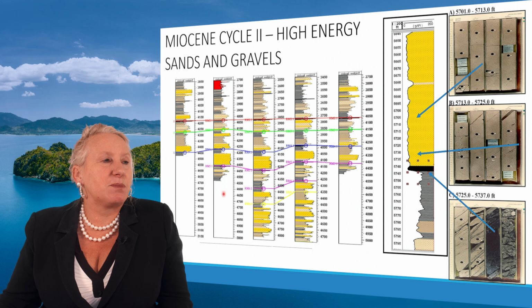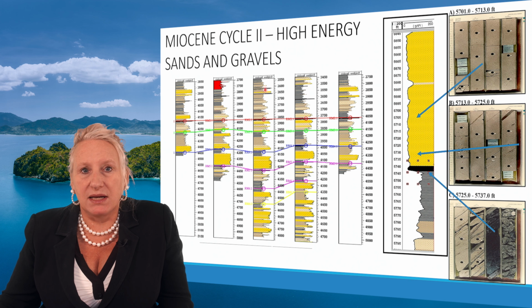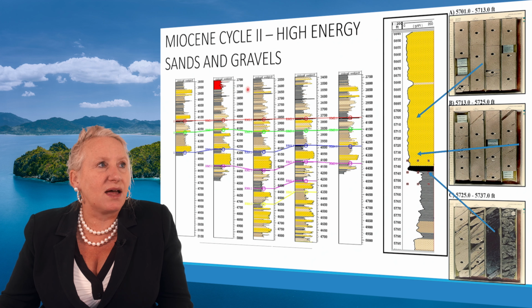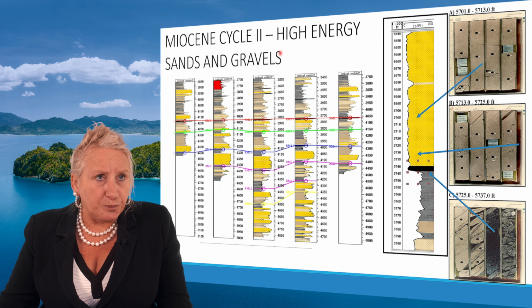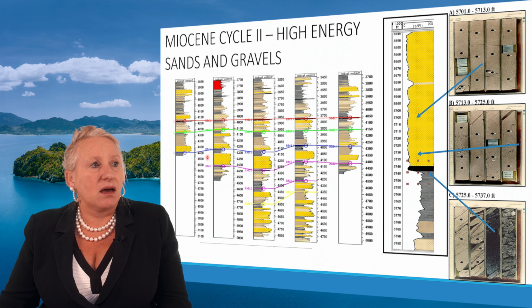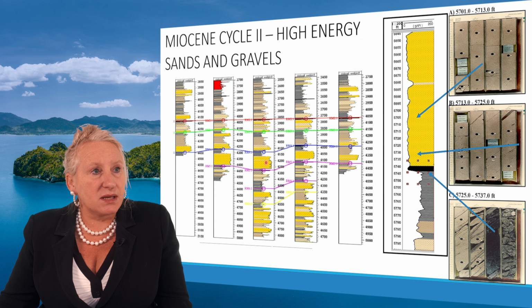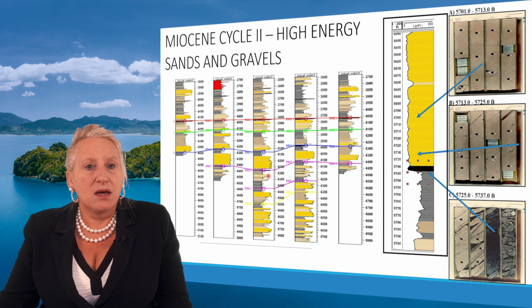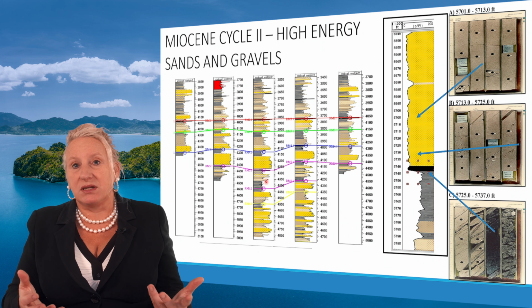This is some typical logs, just gamma ray really, through a section in that area. This is the Miocene cycle 2. These are the high energy sands and gravels. We can see that we have multiple clean sands, sort of blocky in this case, and then fining up channels associated with it, and then just spiky coarsening up crevasse splays,